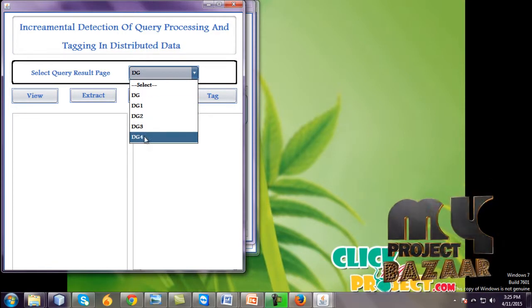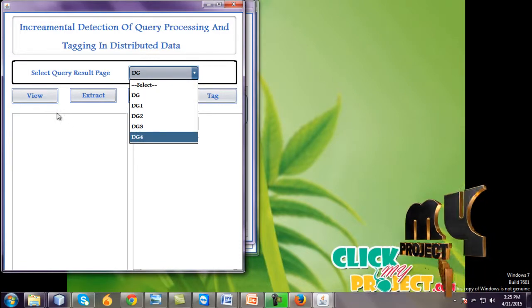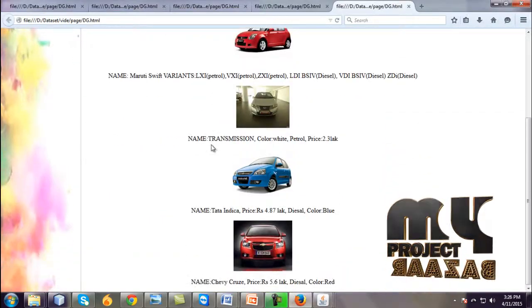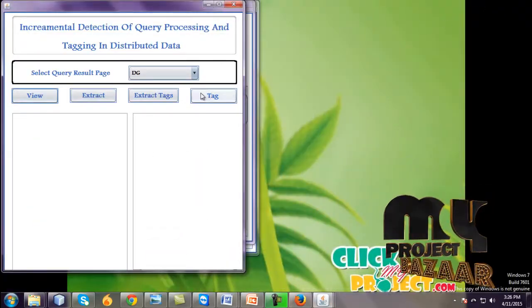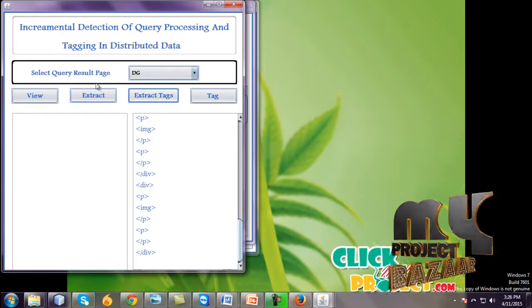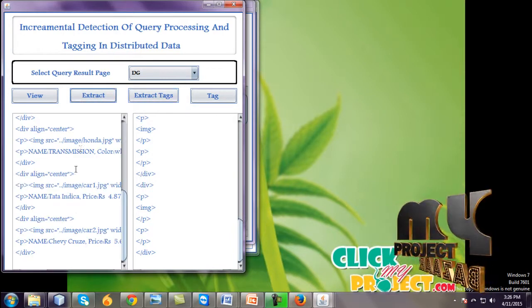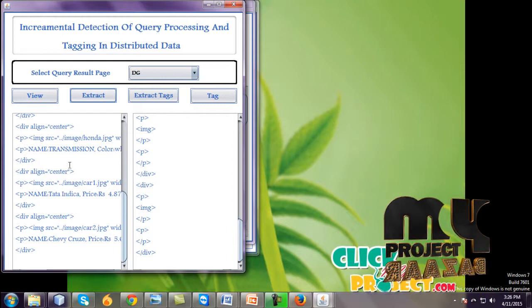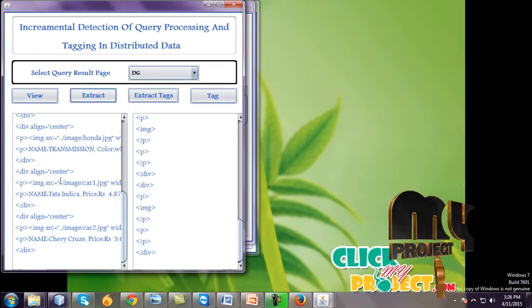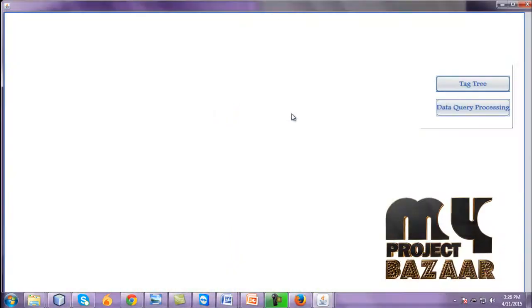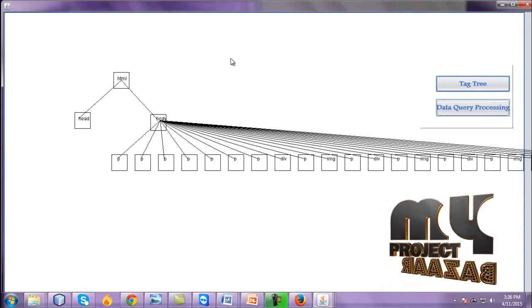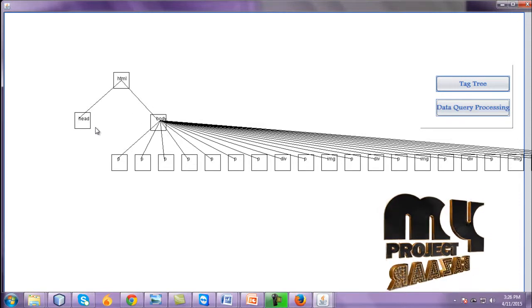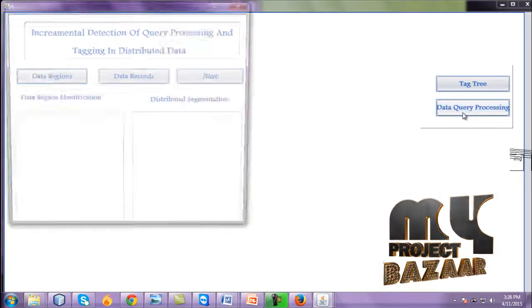DG1. It also is an image of details. View the content. DG means collect the core details and extract the tag and extractor. It's also an image details, and go to tag. The image tag tree format is HTML. Website is head and body. And to apply the data query processing,